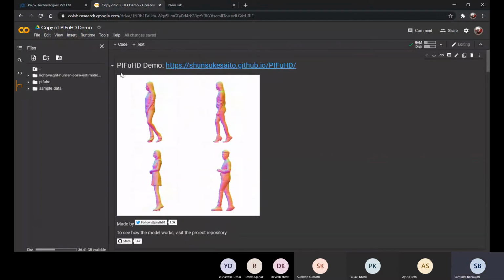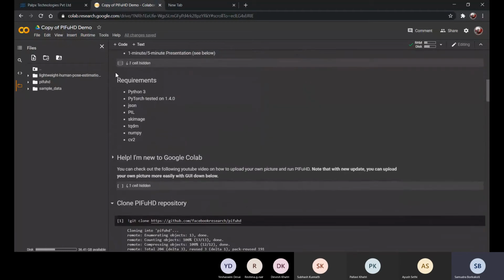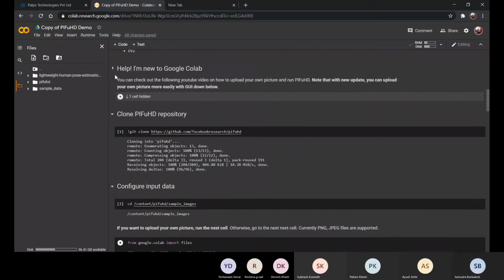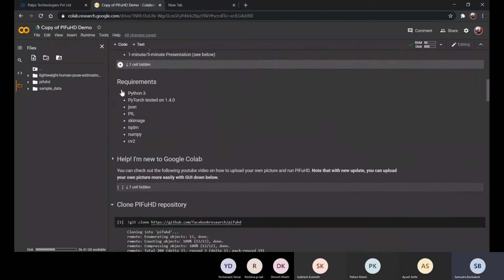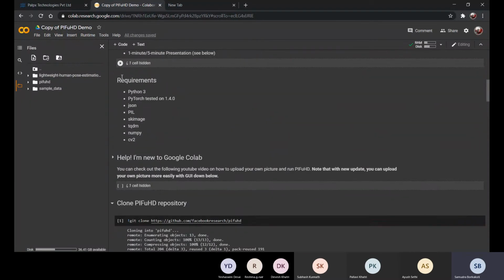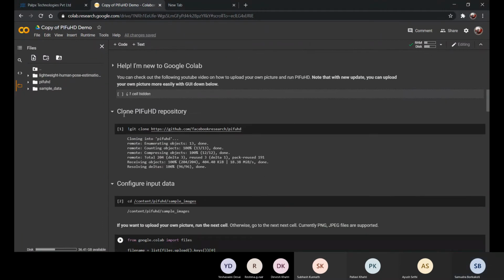Okay. So how to run this code is quite simple. You can skip the first few tabs basically. They're about what the paper is about and stuff like that. Keep in mind the requirements if you're running it on a local device. First, you'll have to clone the main repository, which is the P4HD from GitHub.